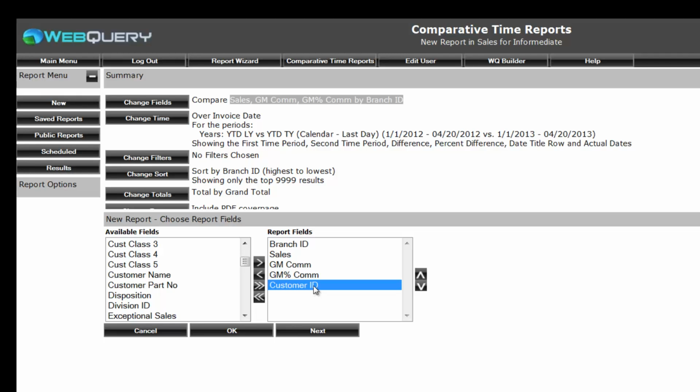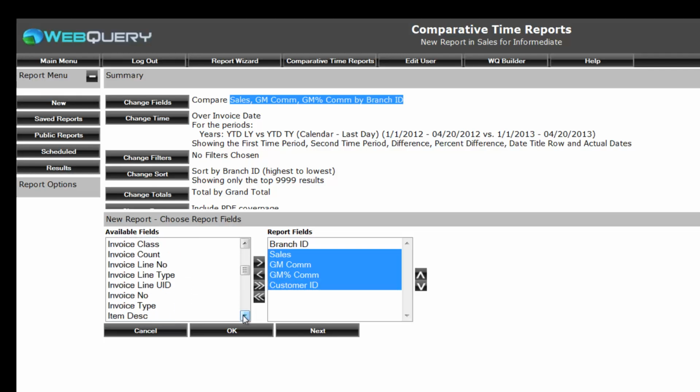Now in this example, customer ID is the most unique field on the report. When we run this, we're going to get 1 row per customer. Or if we have the same customers in different branches, we're going to get 1 row per customer branch combination. We can run with that the way it is and or add more columns and so forth. In this particular case, sales, gross margin, and gross margin percent are going to be totaled and calculated by the customer. For the sake of example, you can add as many other fields as you'd like, going right down